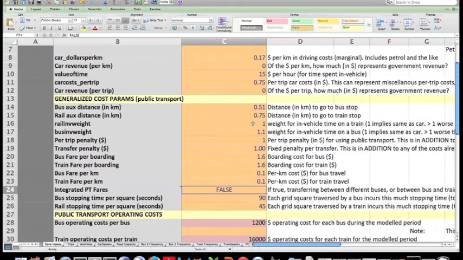The next parameter is integrated PT fares, so integrated public transport fares. It's set to false here. You can set it to true instead. And this basically governs how people are charged fares. So if you have integrated fares, so if you set this parameter to true, people are not charged when they